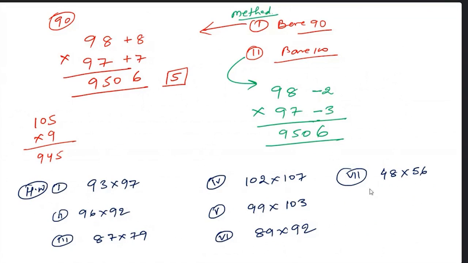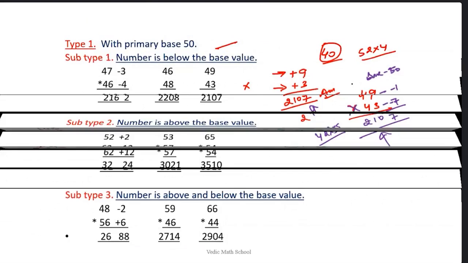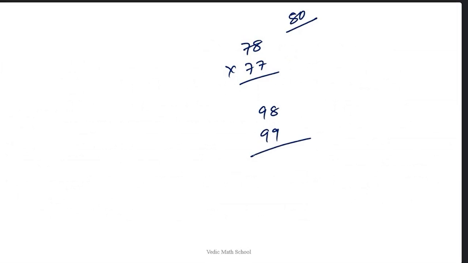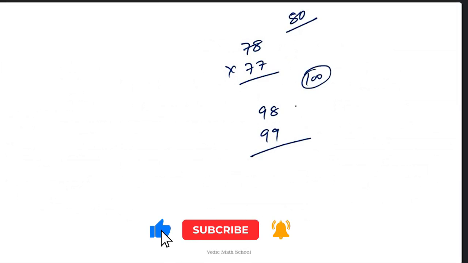Similarly, if the number is 80, or 70, you can do it very easily. There is no difference. Suppose 78 is there and 77 is there. So what is our base? 70, right? 80. If the number is 9, yes, we can also take 80 as the base. Very good. You can take 80 now. 98 and 99, what are we going to do? 100 is the base. 100 is the base.